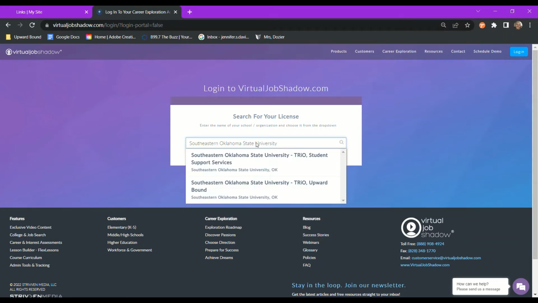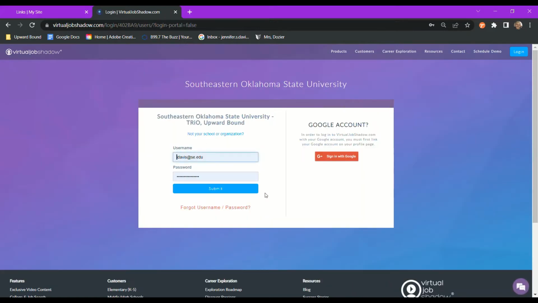You'll see that two things come up. Be careful to click on the correct one. This first one is Student Support Services. That's the college group in TRIO. That's not us. You want to click on this one that says TRIO Upward Bound. Okay, so you click on that, and then